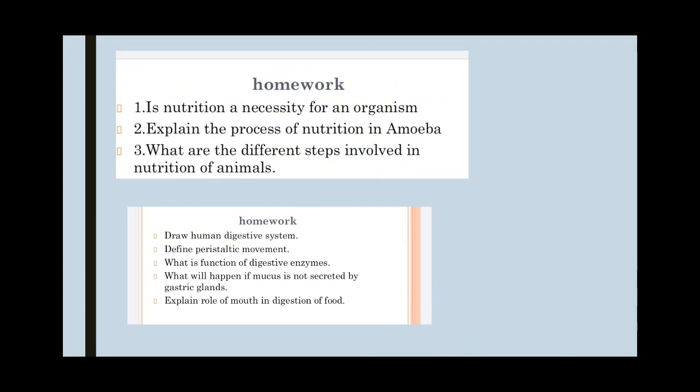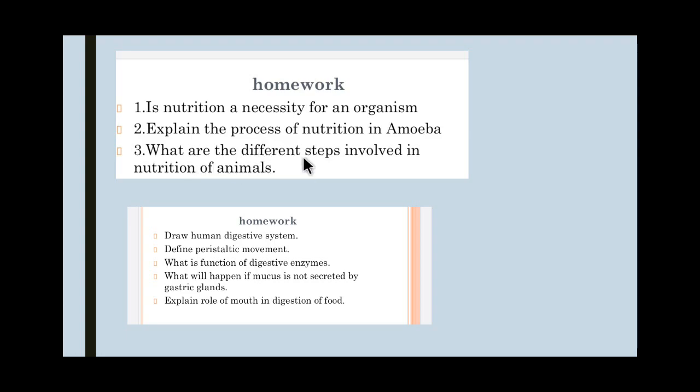Either you can make a flow chart with the respective diagram. I have given you the diagram. So the diagram on the left hand side and on the right hand side the description. Means if you are making the diagram on the left hand side, then write on the right hand side regarding ingestion, then digestion, absorption, assimilation, egestion. And the diagram should be labeled for it. So here again, if this question requires a diagram, please make it, otherwise your marks will be deducted.